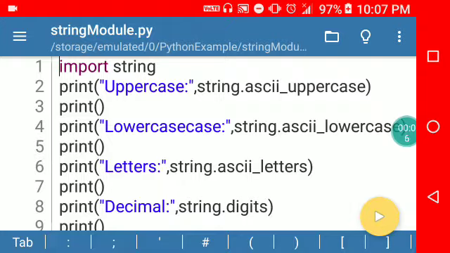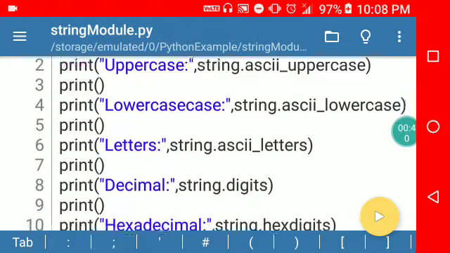Today you are going to learn how to use the string module in Python. As you know, Python makes available many functions through modules in its standard library. Python's standard library is a collection of many modules for different functionalities. For example, module math offers math-related functions. Module random provides random number generators. Module statistics offers statistical functions, and module string offers string-related functions.